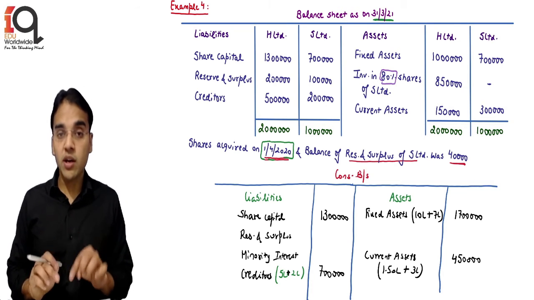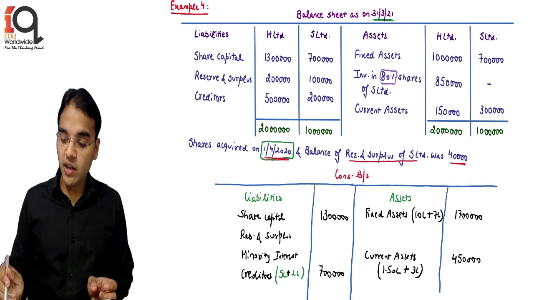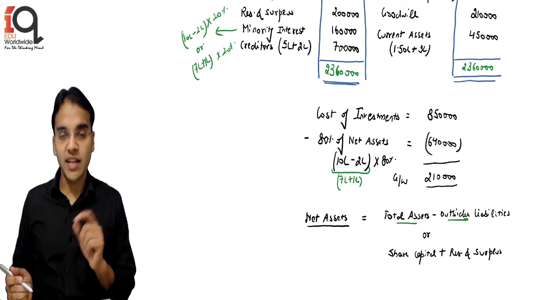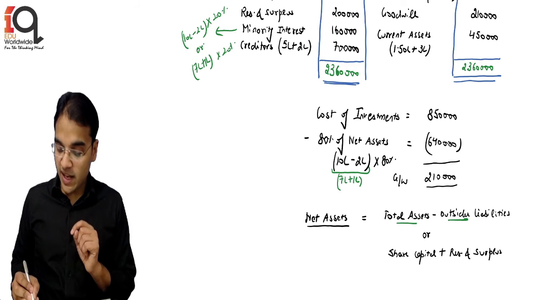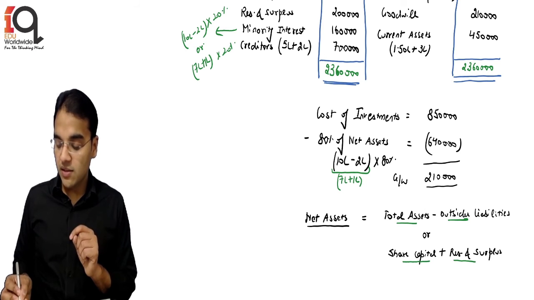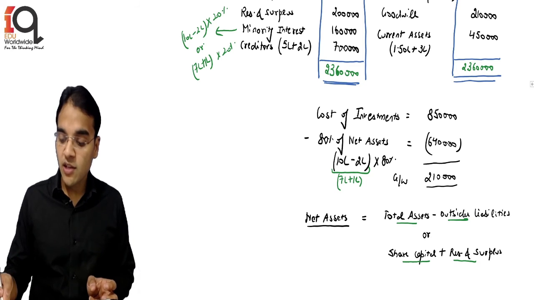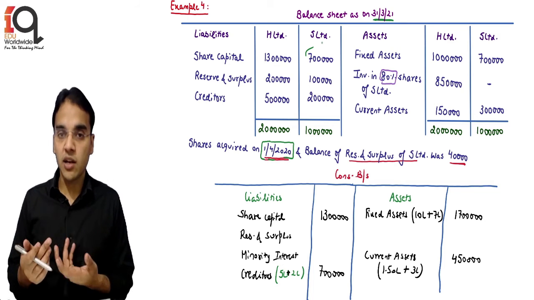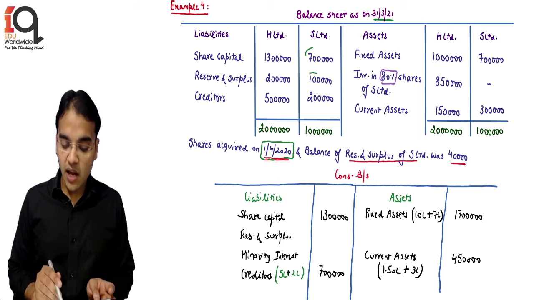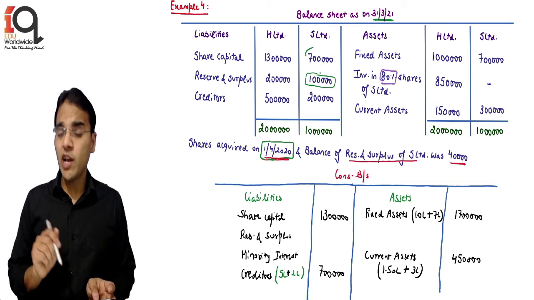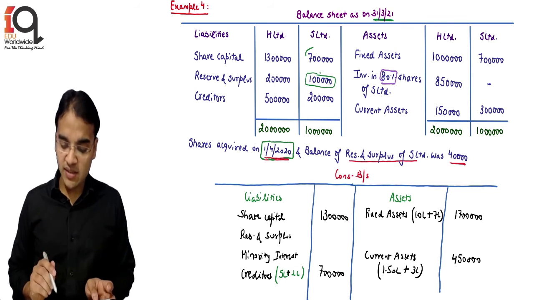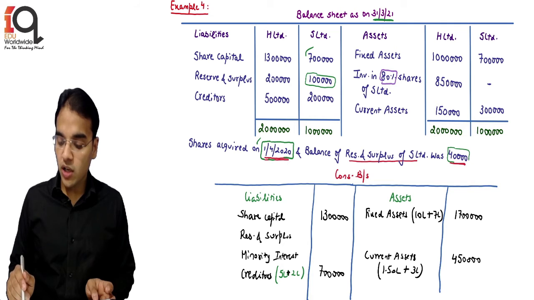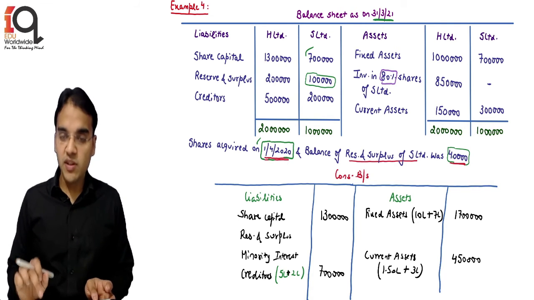So now here comes our easy approach, which I was telling you earlier. Net assets is total assets minus outside liabilities if it was on the last day, as we were doing in the previous example. But in this case, it is the share capital plus reserve and surplus. That is the other way of looking at it. So if you see, the share capital is 7 lakh, that is intact, obviously, if nothing is given, from the start. But total reserve and surplus is 1 lakh. Do we know the value of reserve and surplus as on the date of acquisition? The answer is yes, on 1st April 20. The reserve and surplus on that date was 40,000. It is given, so the balance of reserve and surplus was 40,000.